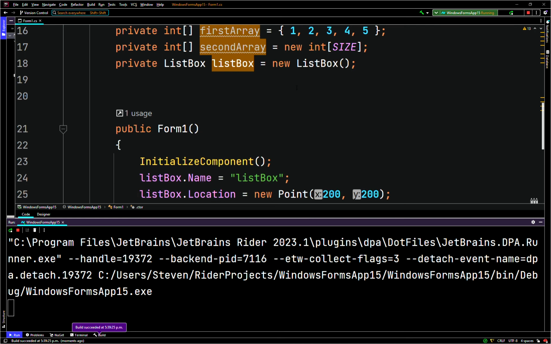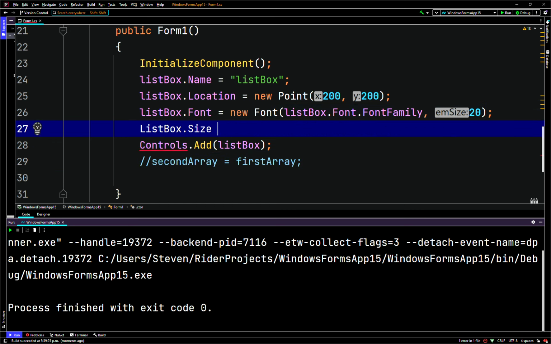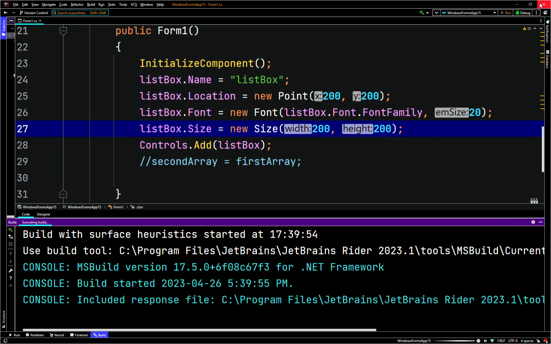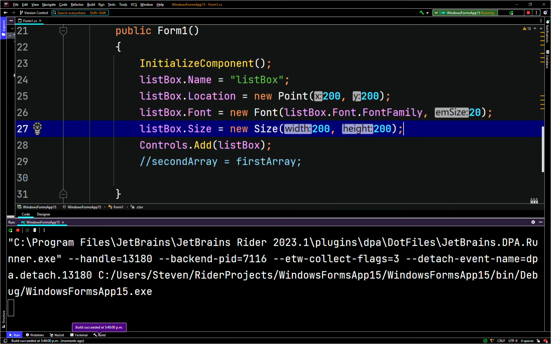Okay, so let's go with listbox.Size points to a new Size, we'll pass in, for example, 200 by 200 as well. Oh, sorry, that should be capital. So we have that. There we go, so we have a list box. So now